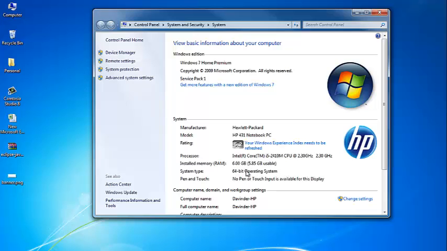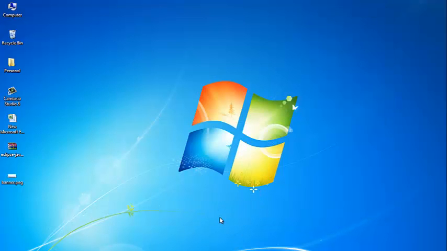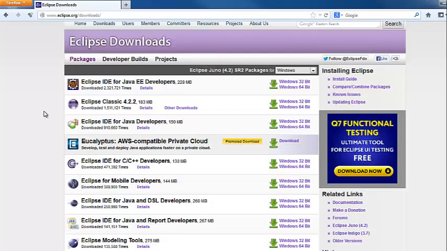So my machine on which I have installed Windows operating system is a 64-bit operating system. So I'll go back to this website and I'll click on this option, Windows 64-bit. If your machine is 32-bit, then you got to click on this option.